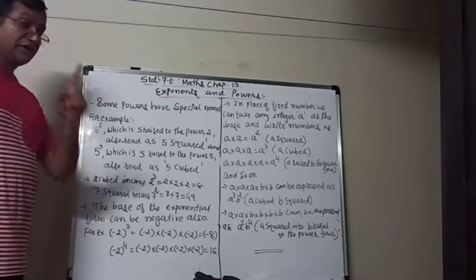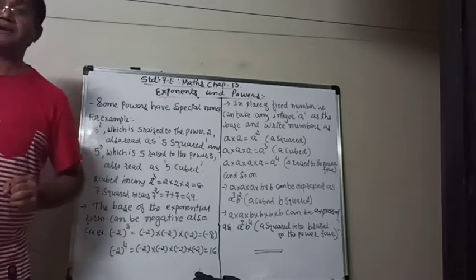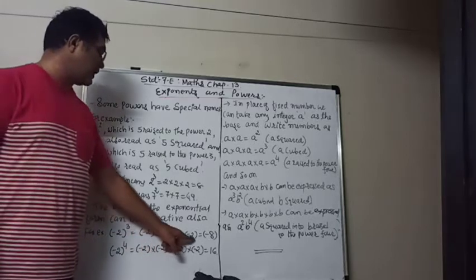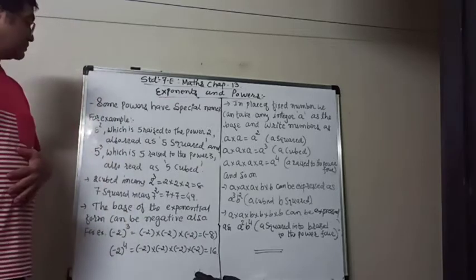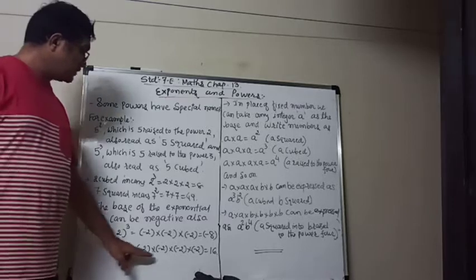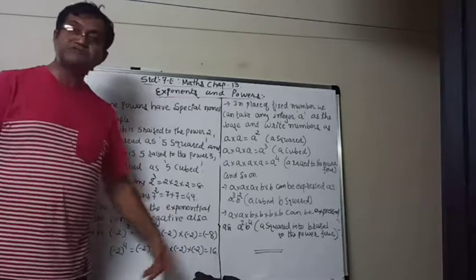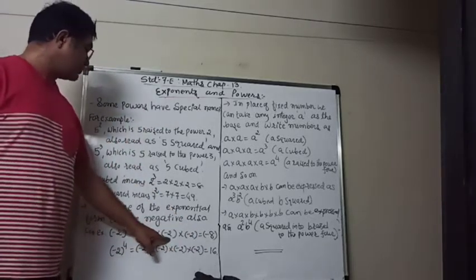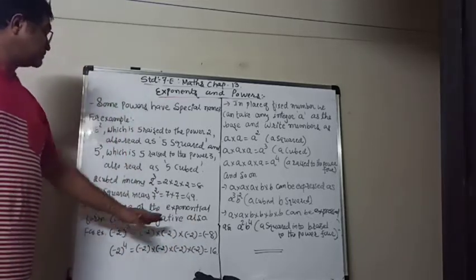You can write it as minus 2, but remember that the number minus 2 must be put in brackets. So minus 2 cubed is equal to minus 2 multiplied by minus 2 multiplied by minus 2, which equals minus 8. Similarly, minus 2 raised to 4 will be positive, because negative times negative is positive, and again negative times negative is positive. So the answer will be 16. But with 3 factors, negative times negative is positive, but then positive times negative will be negative.